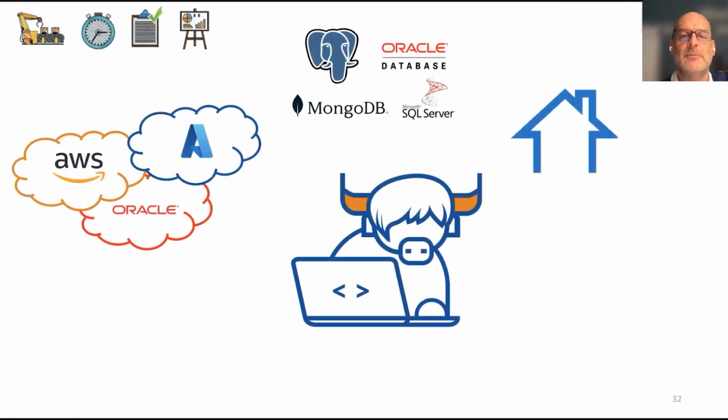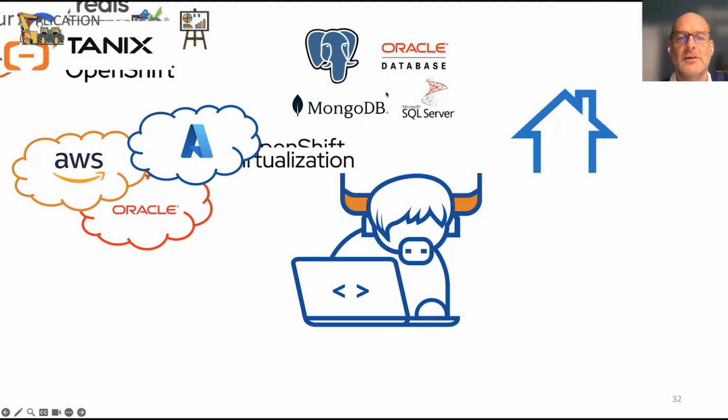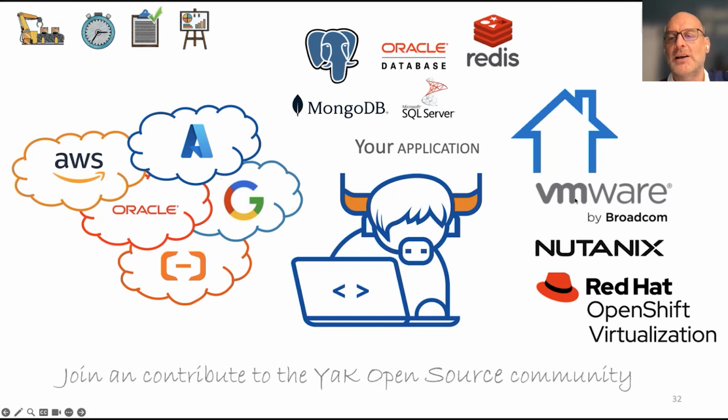So this is the landscape of the YaK today. You have some cloud providers, Amazon, Azure, OCI, that we support. We have on-premise that we support, and you have some components. My wishes for the future are to have many other connectors for VMware, Nutanix, Red Hat OpenShift virtualization, to have other public cloud providers such as Google and Alibaba, and to have other applications and also